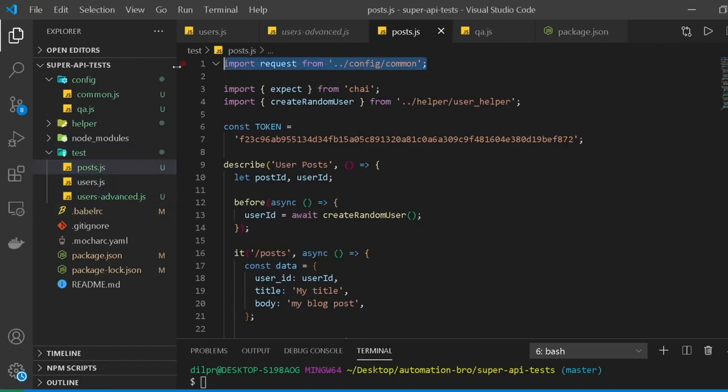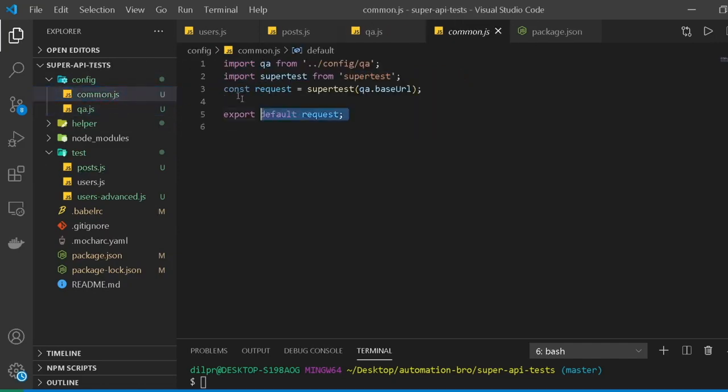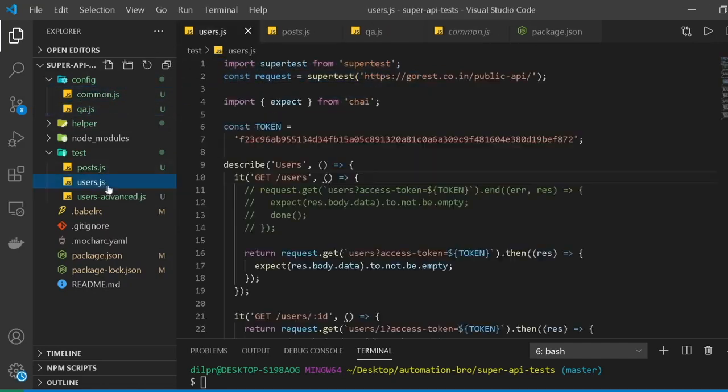So this is a nice way. We created our QA file, which has our base URL. Then we created this common file, which is actually exporting a request. So that's pretty good. So for the next optimization, what we will do is, if you notice for our post test,